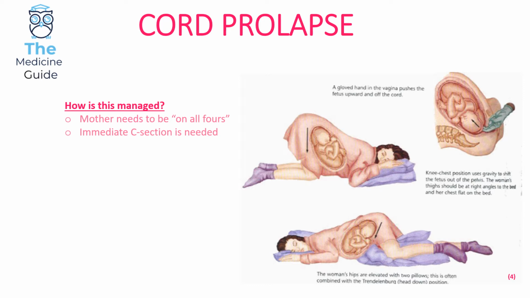Now, the definitive management of a cord prolapse is that an immediate C-section is needed. Okay, so just be aware with cord prolapse, the initial management is that the mother needs to be on all fours, but the definitive and ultimate treatment for this is that an immediate C-section is needed. Okay,